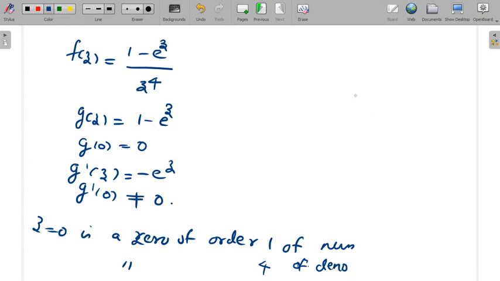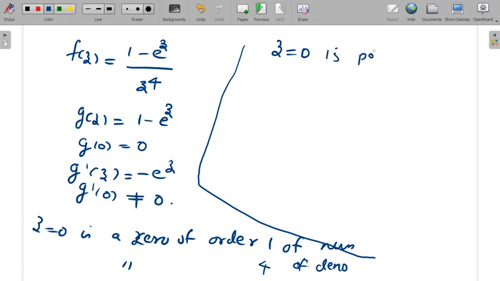So if you combine these two, you can see that z is equal to 0 is a pole of order 3. It appears once in the numerator, 4 times in the denominator, so the order of the pole is 4 minus 1, which is equal to 3. And hence you can find the residue of f of z at 0 as